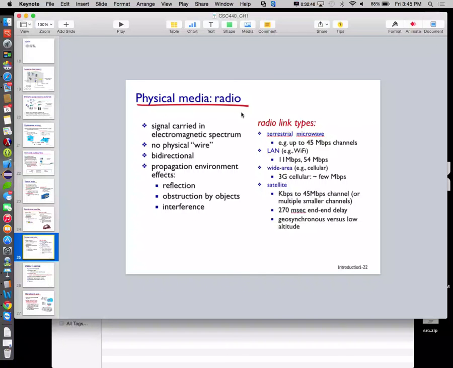All right. Radio. It's funny how they call it physical media. Radio. So signal is carried in the electromagnetic spectrum. Okay, so it's a broadcast type thing. It's just out there. There isn't a physical wire. It is bidirectional,